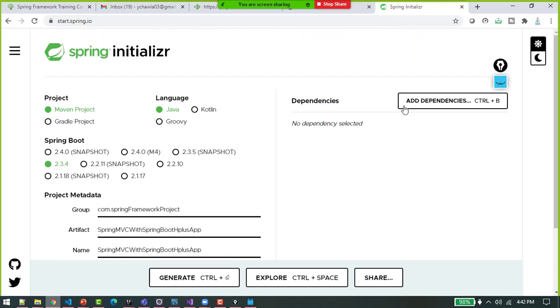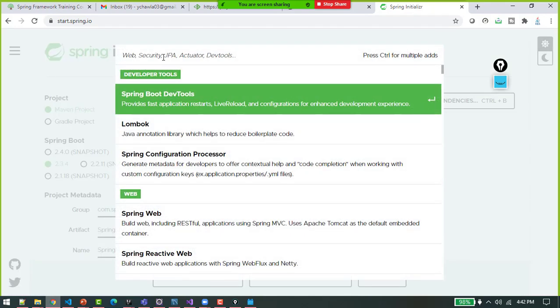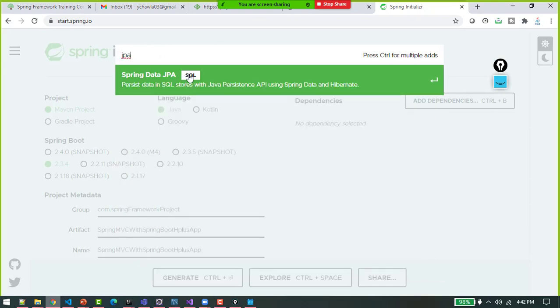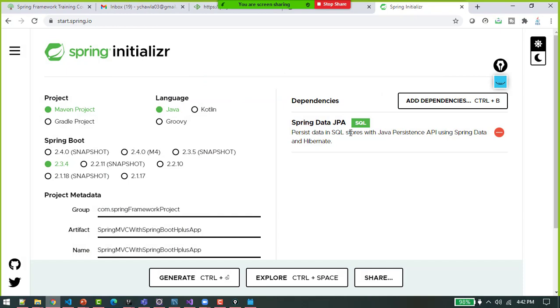Then comes the dependencies part. What do you need? Remember in the previous session we mentioned all those dependencies. Here also I can add the dependencies. So I will be using Java Persistence API, MySQL. I clicked over here and it is added. Java Persistence API, repository annotations come as part of it.